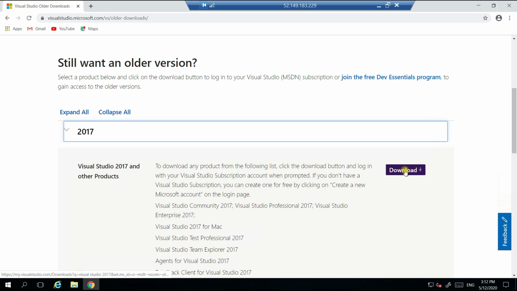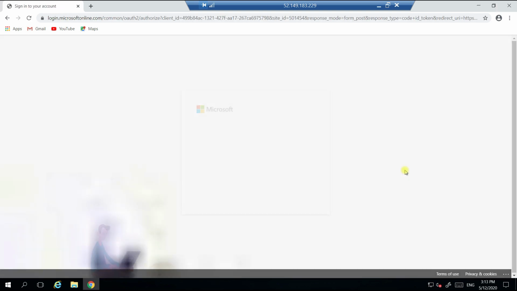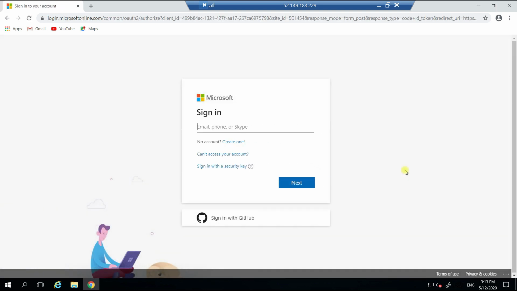The moment you click on download, it will ask you to sign in to your Visual Studio account. It is just a Microsoft account, guys. If you have an Outlook account, you can directly sign in, and if you don't have one, just create an account and sign in. Currently I'm going to log in with my account. This is required to download the exe file, which we call the Visual Studio installer. That is a must, or if you get that installer from Google by default, we can use that. I think sign in is required. This is the default process we follow for downloading Visual Studio, so that's why I'm following the same process.